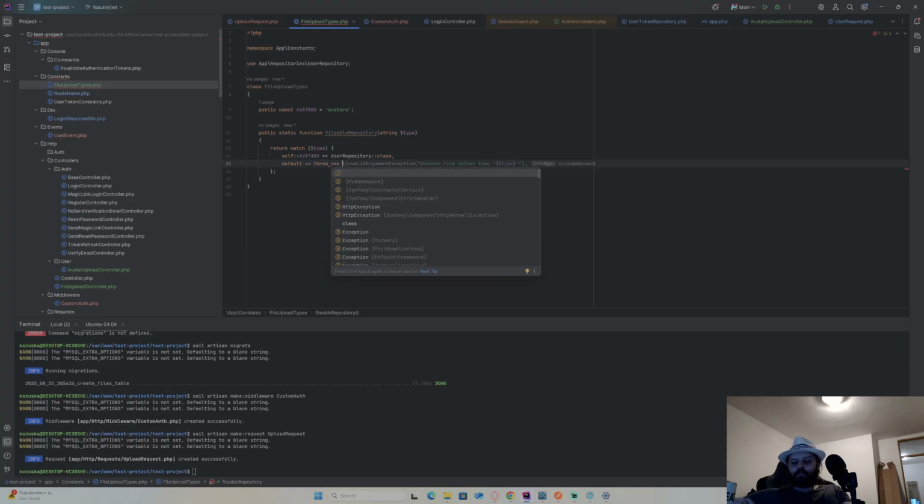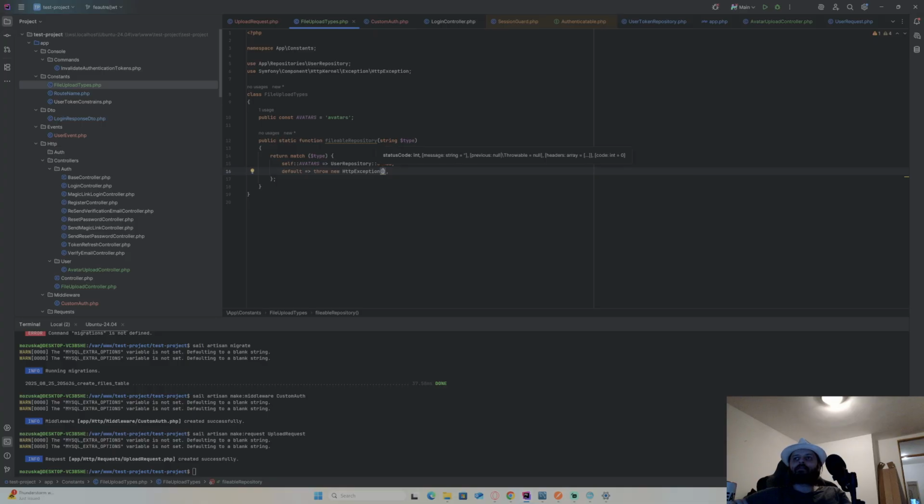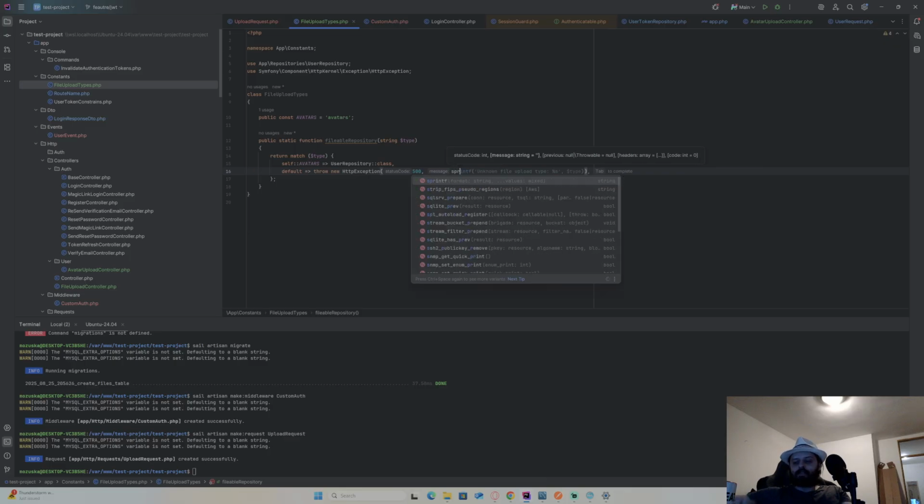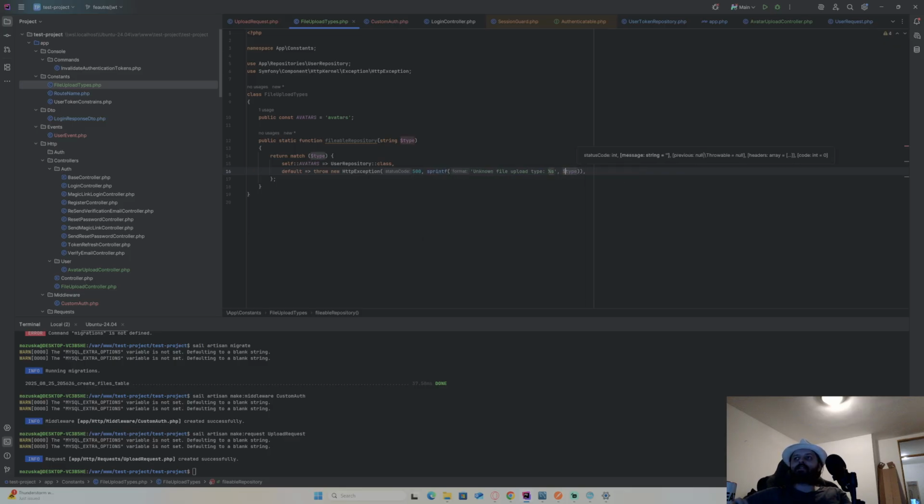This is one argument, but this will be HTTP exception. Status gonna be 5, it's not gonna be a server error. It's gonna be printf unknown file upload type. Yeah, that's fine. Okay, this will be it.